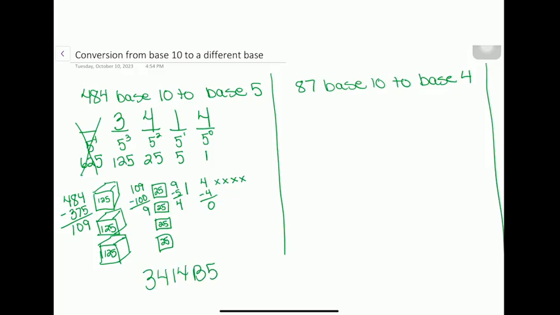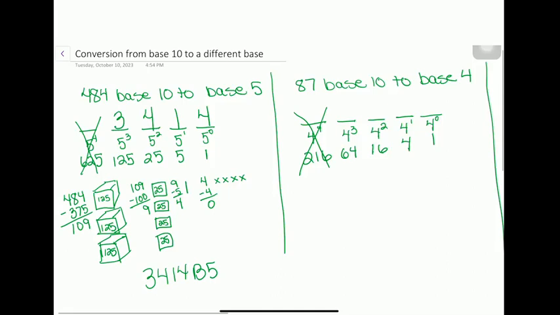Let's do another example. 87 base 10, this time we're going to base 4. So just like we did before, let's write out our place values. So 4 to the 0 is 1, 4 to the first power is 4, 4 to the second power is 16, 4 to the third power is 64, and 4 to the fourth power would be 256. Well, that's too big. We can't use any of those boxes, but we could use a box of 64. So if we use a box of 64,